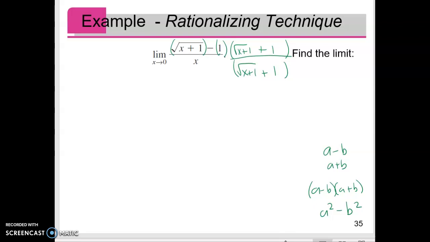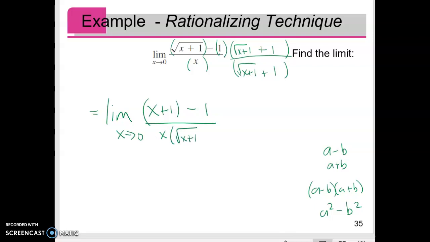Okay, so what happens? Well, the numerator, this is equal to the limit as x goes to 0. Root x plus 1 squared is x plus 1. Minus 1 times 1 is 1. In the bottom, nothing's really going on here. I can't really simplify that. So I'm not even going to multiply it through. I'm going to leave it like that, see what happens. Okay, so 1 minus 1 is 0. So I have the limit